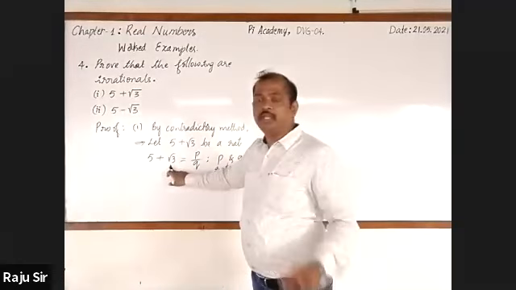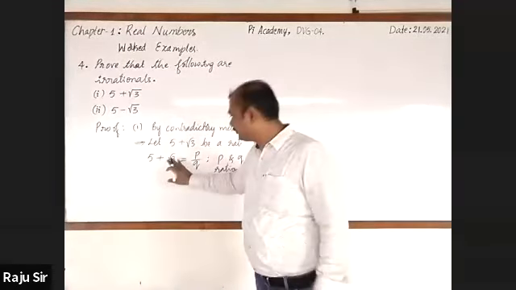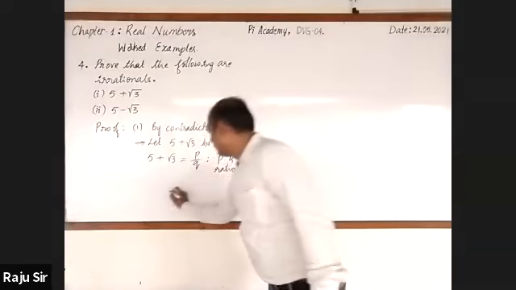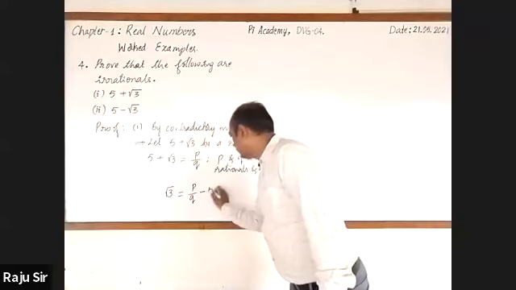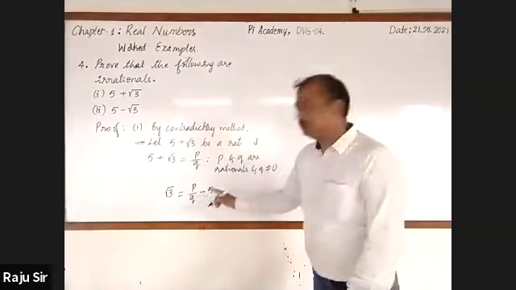We know that root 3 is an irrational number. So first you go for solving this. Root 3 is equal to P by Q, transfer 5 to the right hand side. Then it becomes minus 5. Take LCM in the